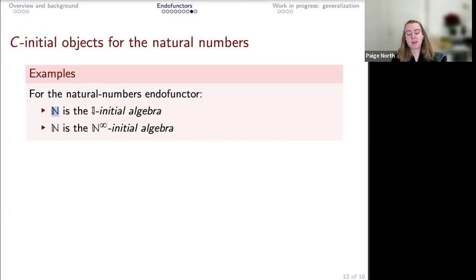So in the previous slides, I was talking about how the inhabitants of the Hom coalgebra seem to me like partial algebra homomorphisms. And so now I want to say that since we saw in those previous slides that I, which was kind of representing, at least in the context of the Hom coalgebras, the particular elements that represented total algebra homomorphisms, when I make a statement like this, I kind of want to interpret it as saying that n is the initial algebra with respect to total algebra homomorphisms. And similarly, we saw that